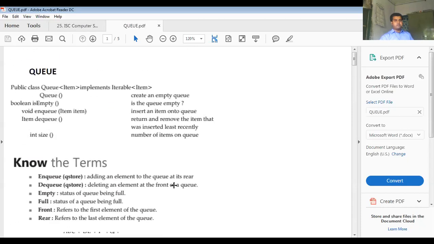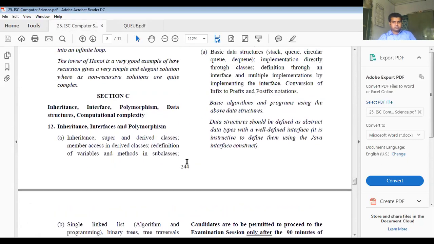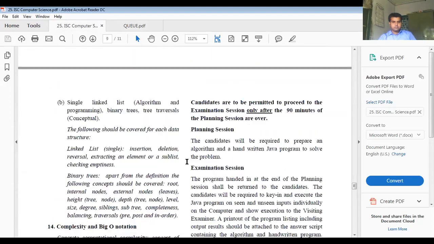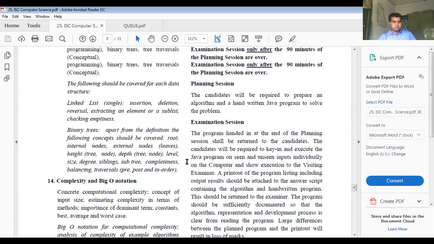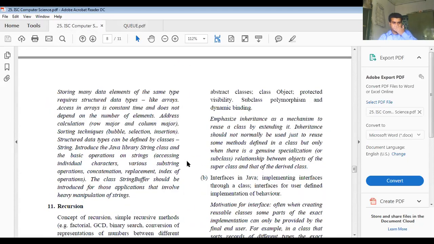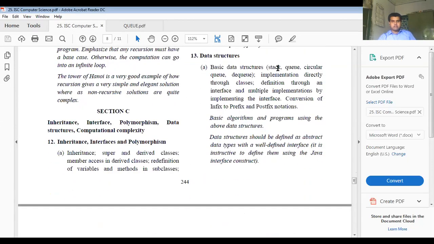After that we will come to the circular queue, which is a bit of an introductory, theoretical part for your ISC syllabus. As per here it is mentioned, here it is.